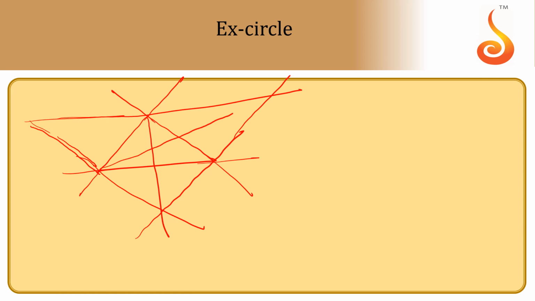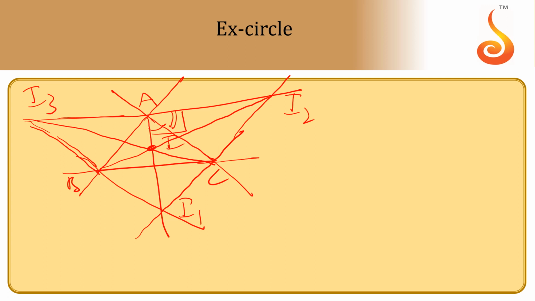So this is an internal angle bisector, this is another internal angle bisector. Then you know that this is the incenter and this will be an excenter. Suppose the triangle is A, B, C, with excenters I1, I2, I3. If you observe carefully, I1, I2, I3 is also a triangle, called the excentral triangle. And if you observe, this is A by 2, this is 90 minus A by 2, that's why this is 90 degrees. So triangle ABC is the pedal triangle of I1, I2, I3, whereas I1, I2, I3 is the excentral triangle of